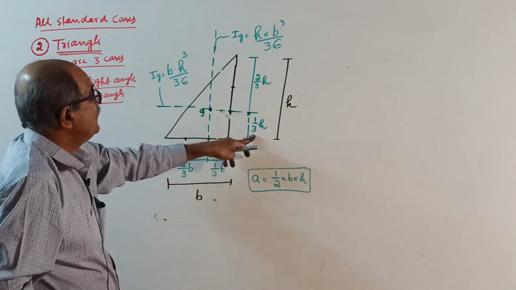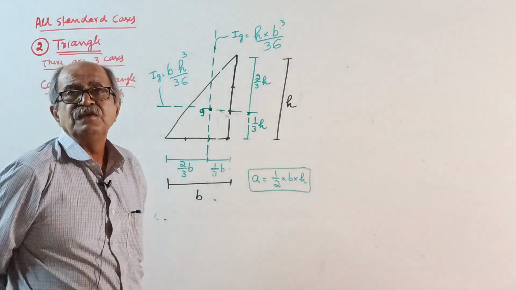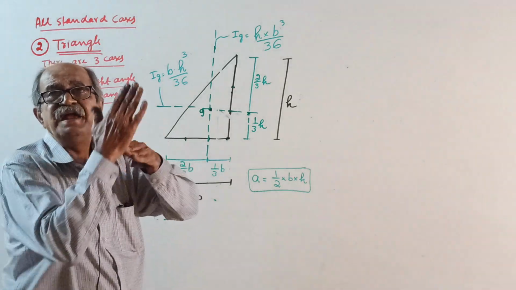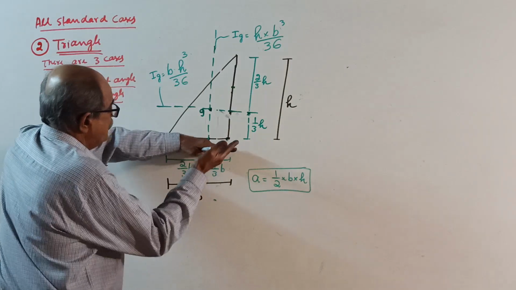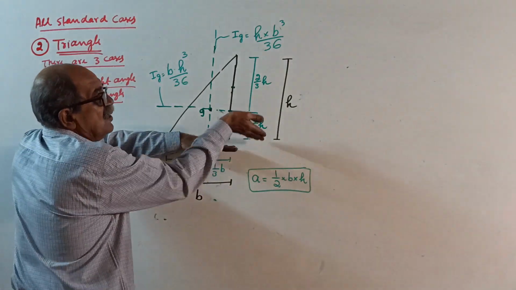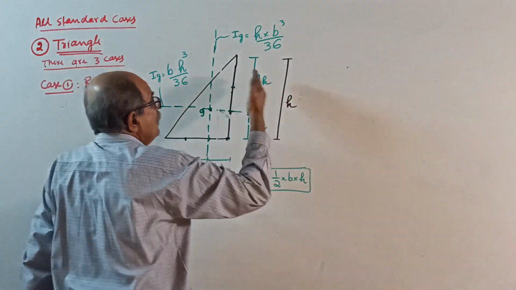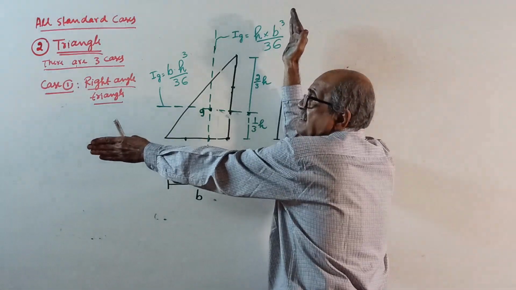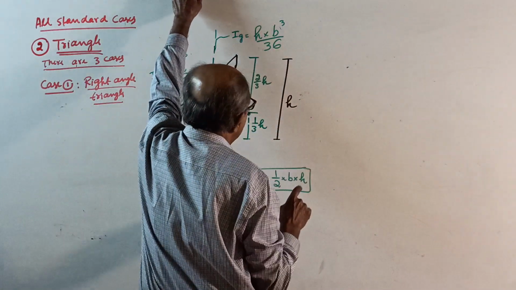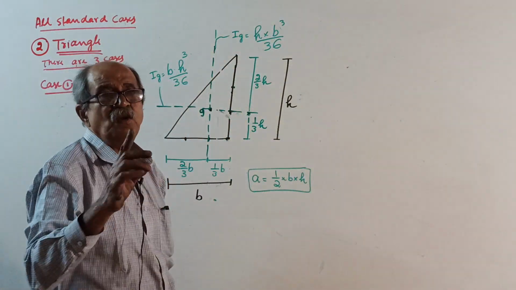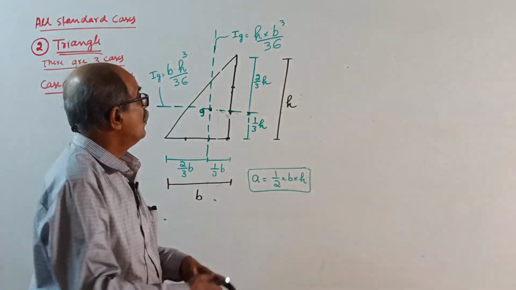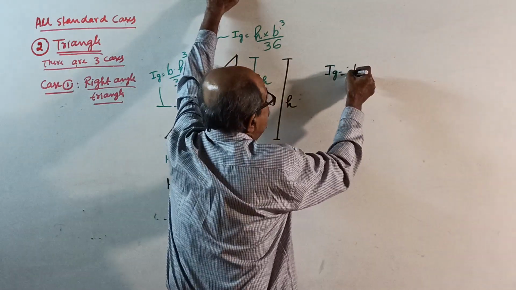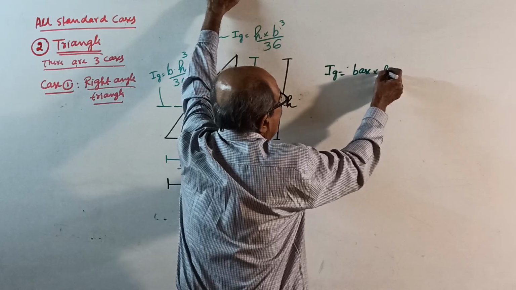The 1/3 and 2/3 expression for centroid is only along the height. When you take this as the base, 1/3, 2/3 of height. Or if you look from this side and take h as the base, b becomes height. Remember that way. This I explained. Now make a note. Ig is always equal to base into height cube